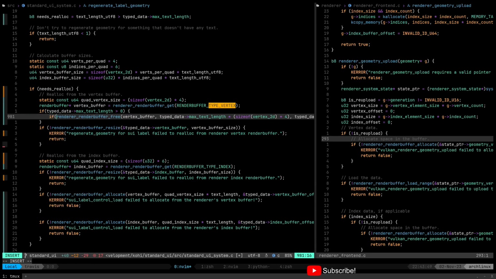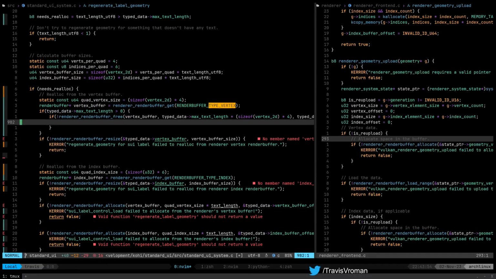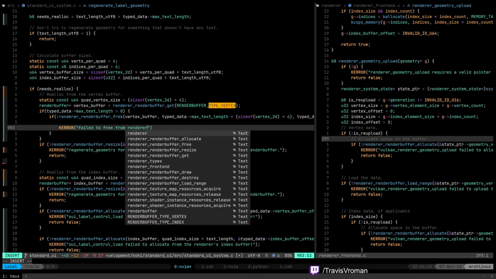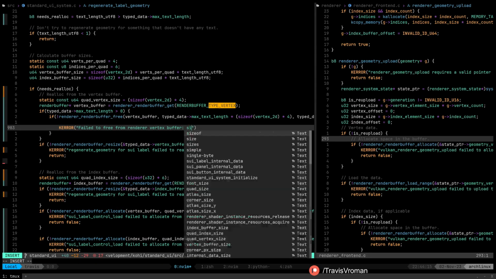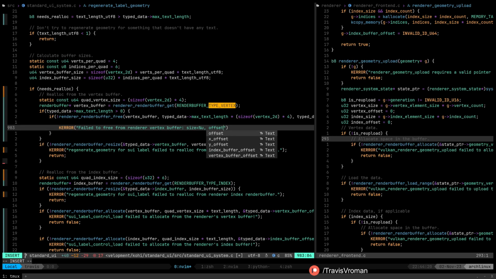We'll want to obviously make sure that that succeeds. So we'll say if it doesn't, we'll bleat about it, but I think I'm going to try and move on, right? So failed to free from renderer vertex buffer, and we'll say size is equal to some number, offset is equal to some number.